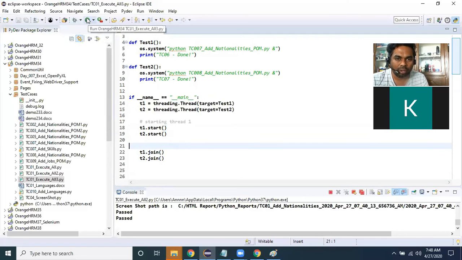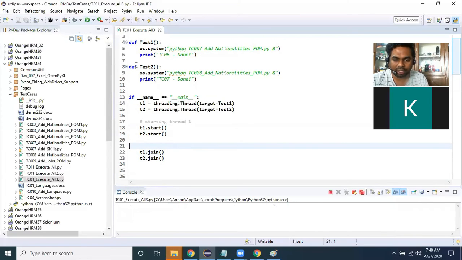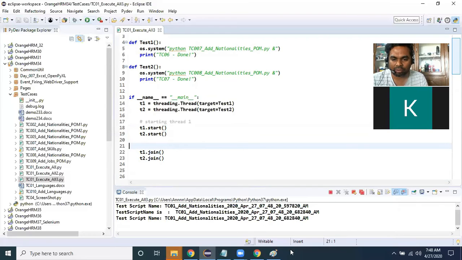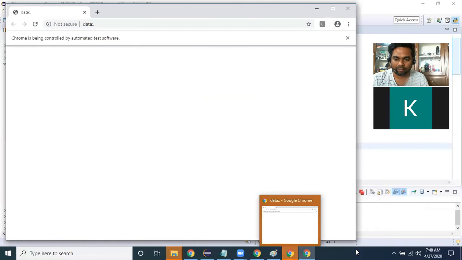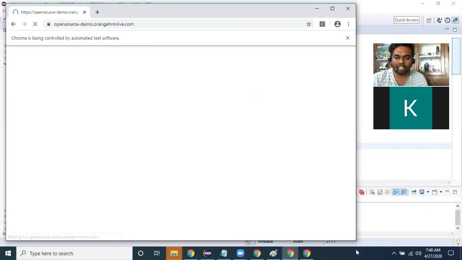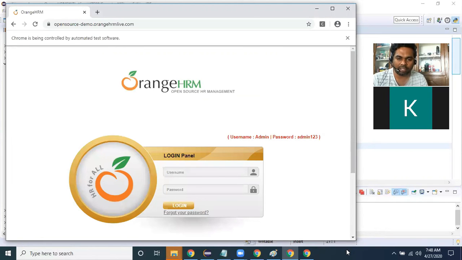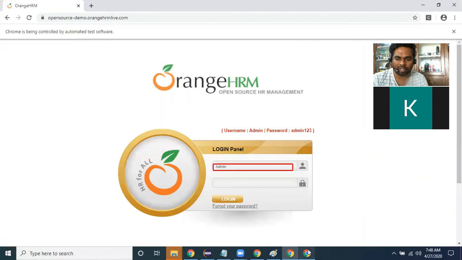Now let's run these threads and see how they execute in parallel. See, two sessions executed in parallel. This is one session and this is another session. Each thread is executing independently. This program contains two threads, one thread executing independently and another thread executing independently. This is nice for testing concurrency.